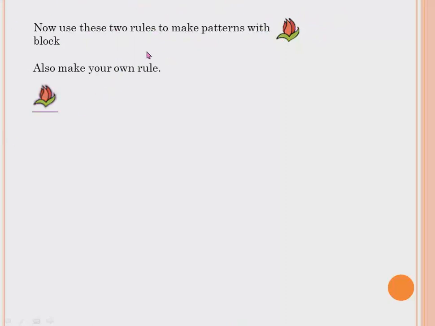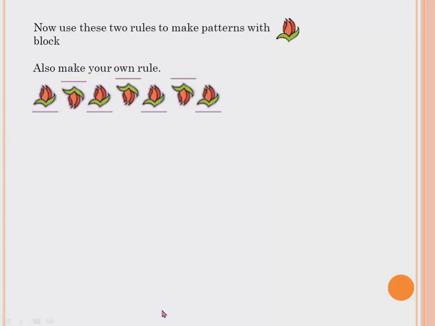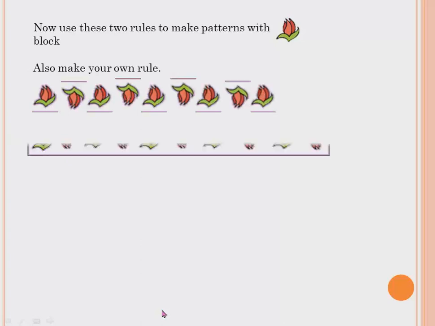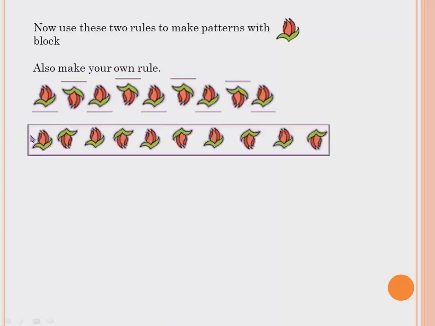Now I will show you the two rules, first up and down. First this is up, so the next one will be down. Next again how will it be? Next it will be up, down, up, down, up, down, up, down. So finally the pattern is like this, up, down. Understood? This flower we have placed up, and then you rotate it, it will come down, up, down. Understood, children?